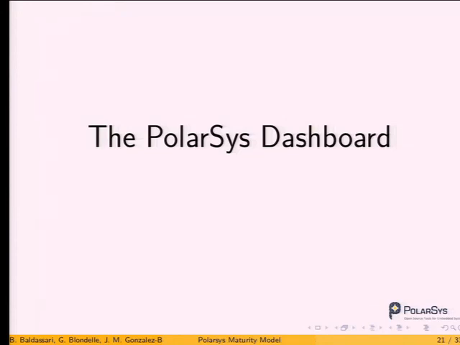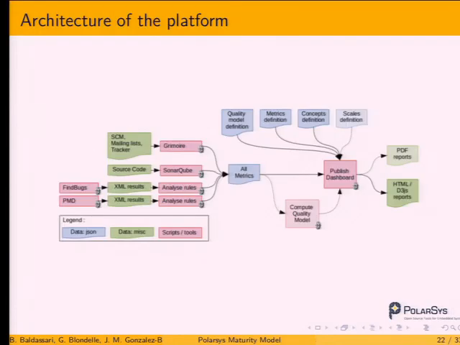So that's the theory, and then how do we do that? This is the architecture of the prototype that we have developed. On the left here you have the data sources. You have Grimoire with the configuration management, mailing list, and issue tracker. You have SonarQube for all the source code related metrics, and we also have the rule checking tools here. From all of this we get one big file with all the metrics inside, and from that file we can compute the quality model.